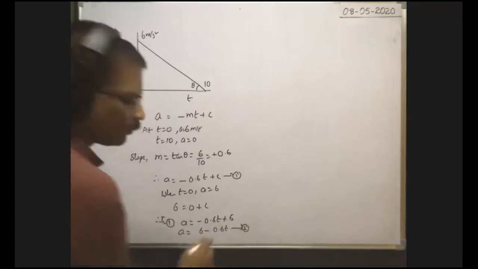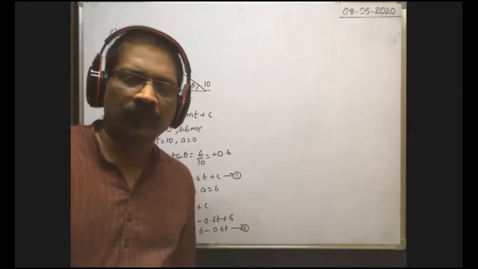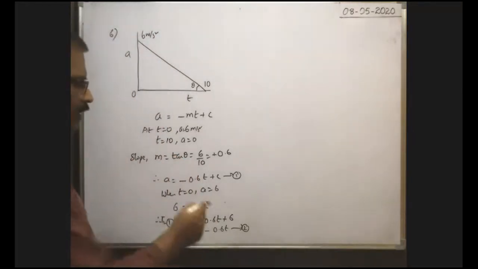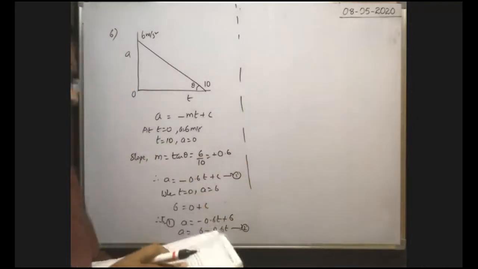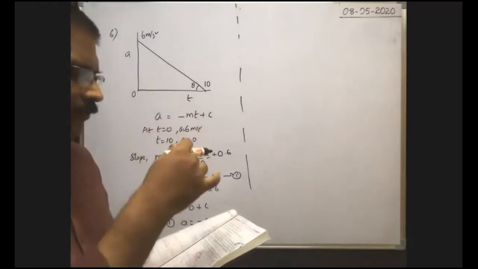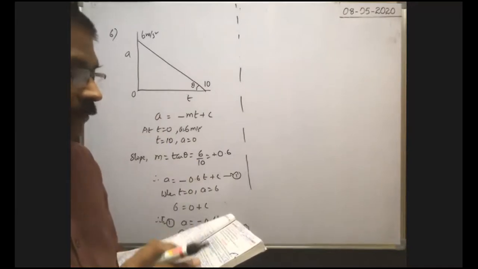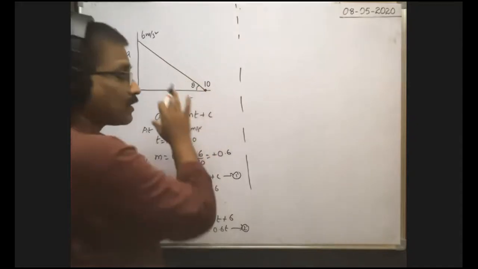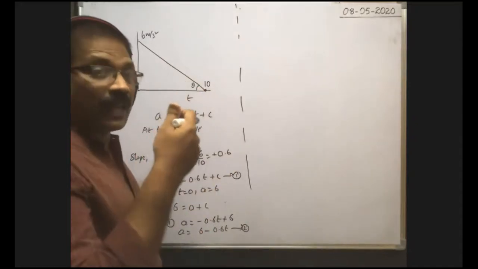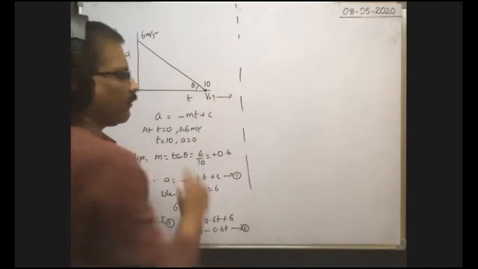This is equation 2. Now, this is the relation between acceleration and time. Here you see the problem. Up to 10 seconds, the acceleration decreases linearly with time, after which the car continues to travel with constant speed. That means after these 10 seconds, the car does not travel with acceleration. It continues to travel with constant speed. So after 10 seconds, whatever the velocity of the body, with that velocity they travel continuously.